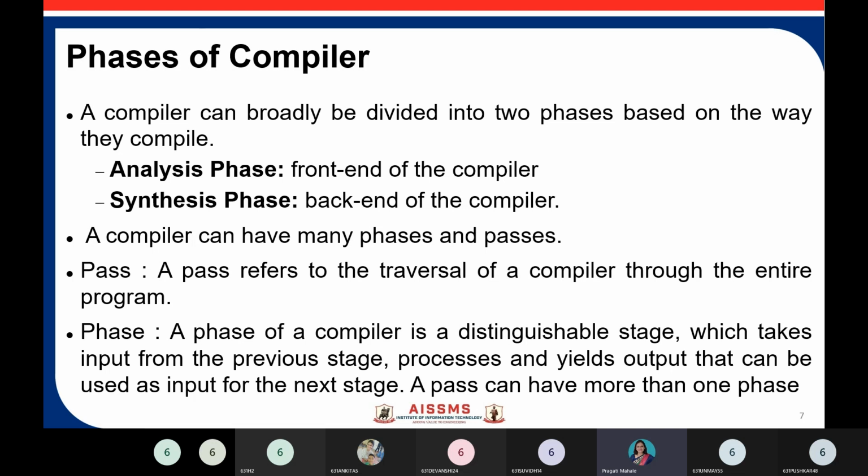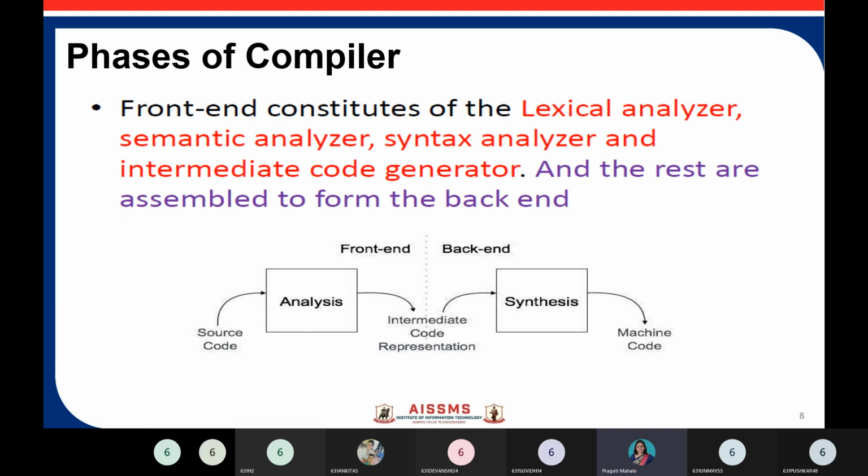So first phase, source program, intermediate code as an input to the second phase, and then as an output of the synthesis phase we have a machine code. So these are the phases of your compilation. The same thing can be shown with the help of the diagram. Even in the exam you can draw the diagram to explain the phases of compiler. Okay, I hope it is clear to you all.